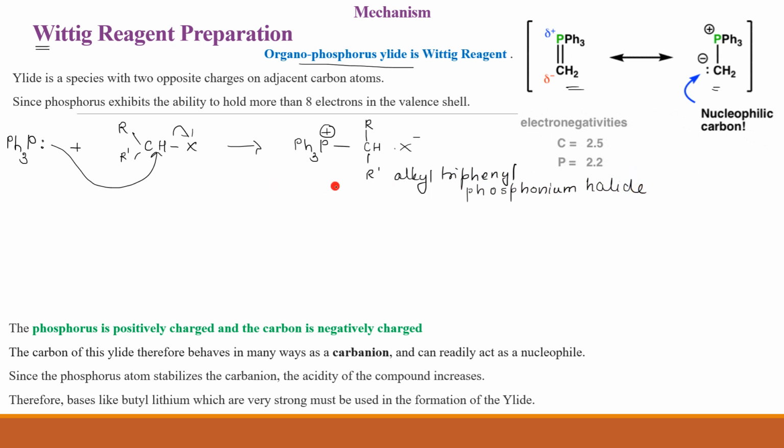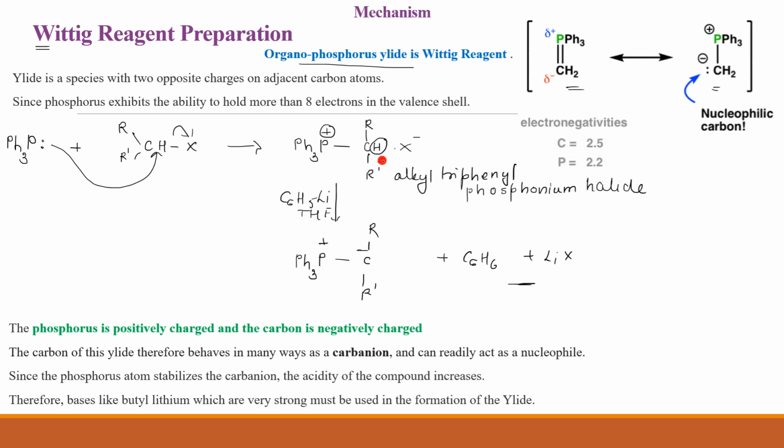Now once this is formed, we react this with a base. You can take any strong base, okay? And as the solvent, we use THF. What we are going to do is remove this proton from here. When you remove this proton, what you're going to get is PPh3C, with R and R'. Now I'll write the rest of the product, C6H6 and LiX. This byproduct depends simply on your base.